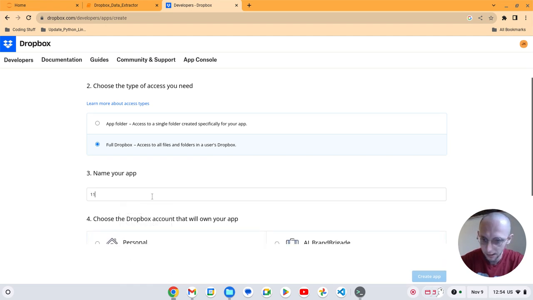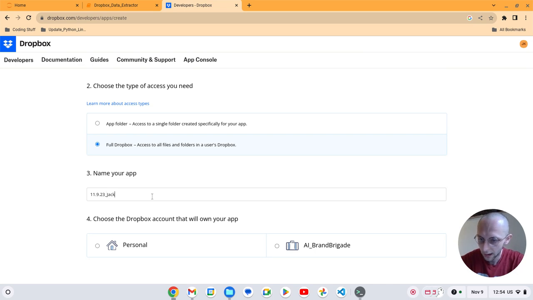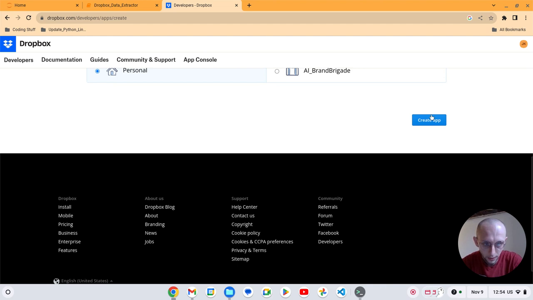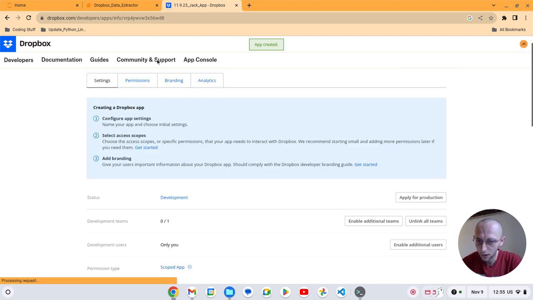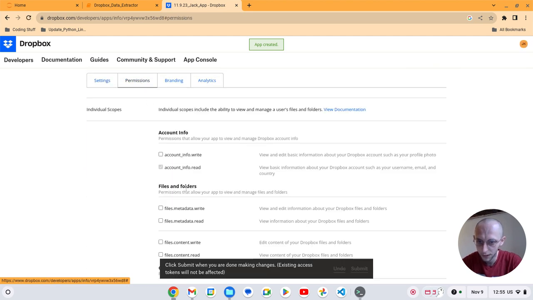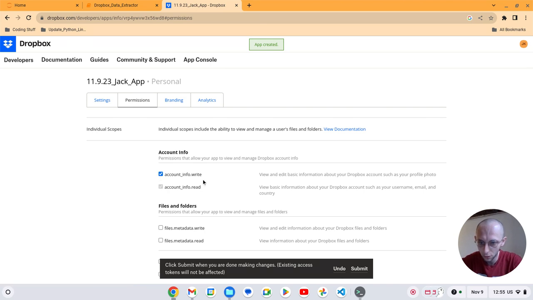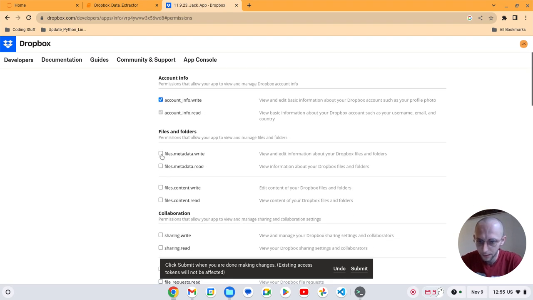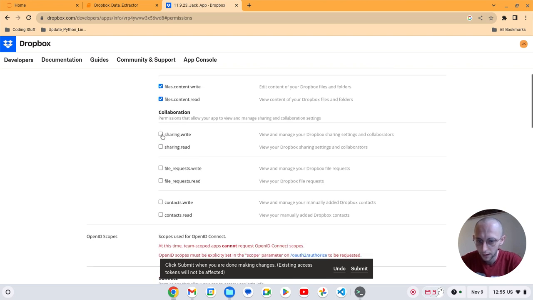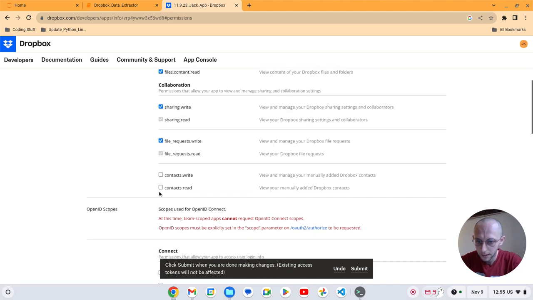So today is the 9th, 23 Jack app. This is my personal account. I'm going to create app. And here it is. So I'm going to go into the permissions, and I'm going to give that open ID scope. So we're allowed to read files, write files, access the metadata, the content, we can share, we can request,